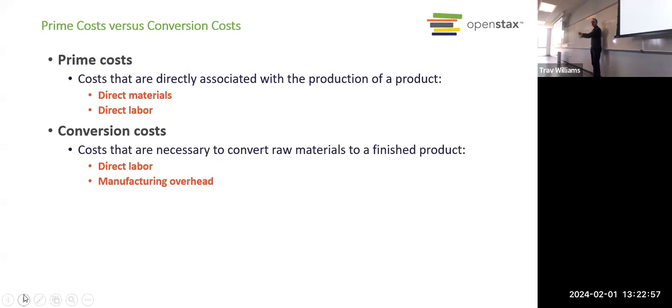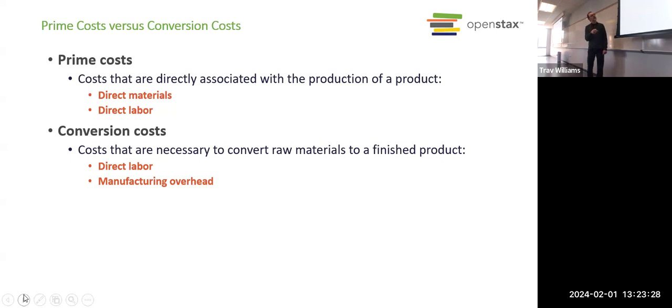When you're producing, you take your materials, you start adding some human labor and turning it into a product, right? So the prime costs are just that portion and not including the overhead, because overhead, you can never actually calculate what the overhead costs are until after the fact, until after the product's already completed. So prime costs is the first two.